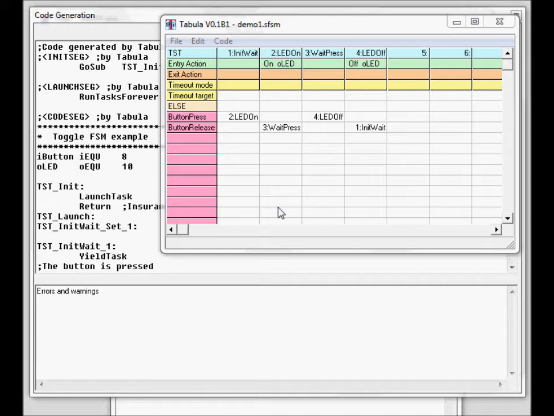In this exciting episode, number 4, I am going to show you the varied and rich timeout modes that you can have in states when you program Tabula. And you can have a variety of timeout modes without really having to worry much about the code that's being generated. Okay, so to kick off, let's imagine that this push on push off button that we have made is